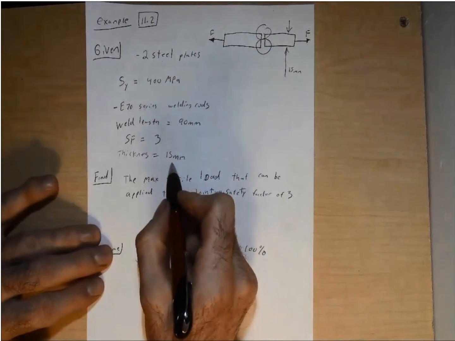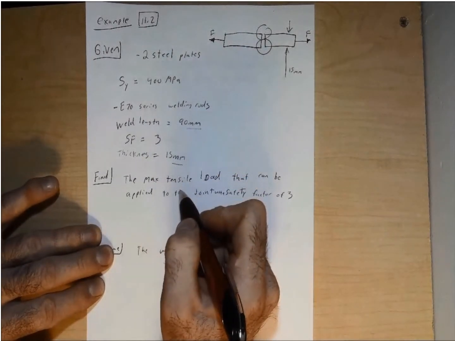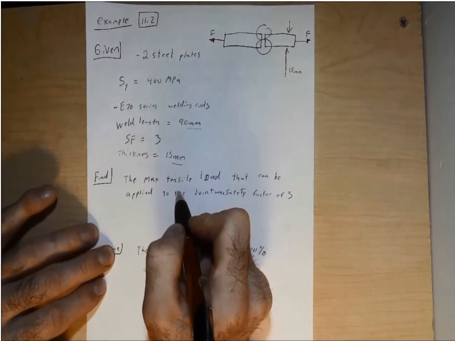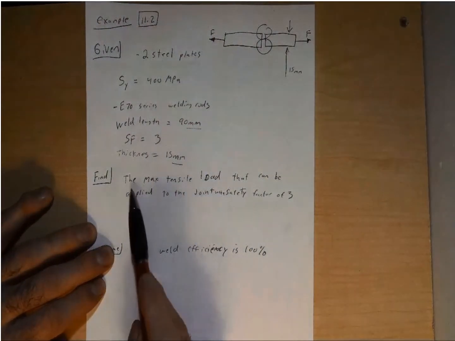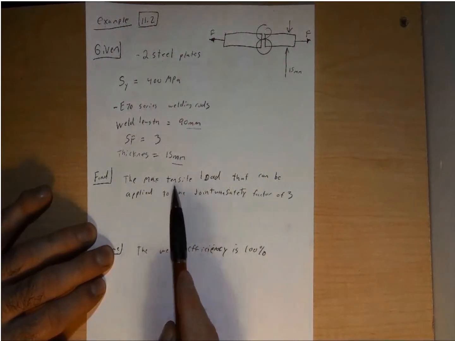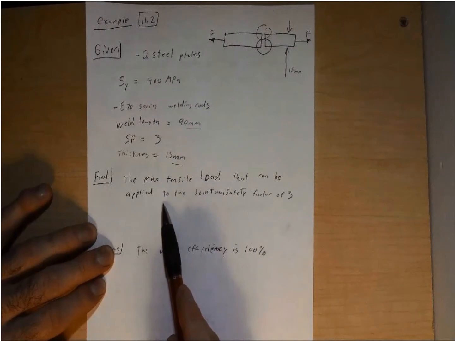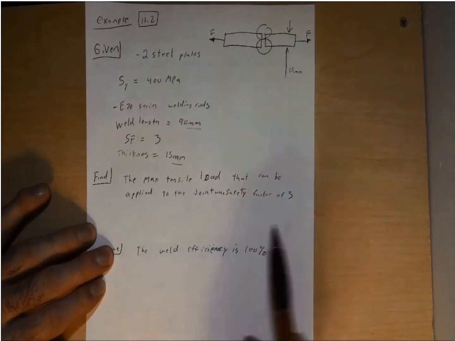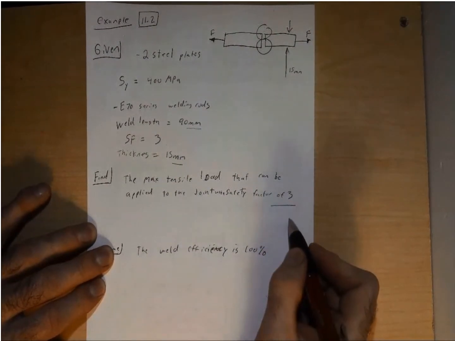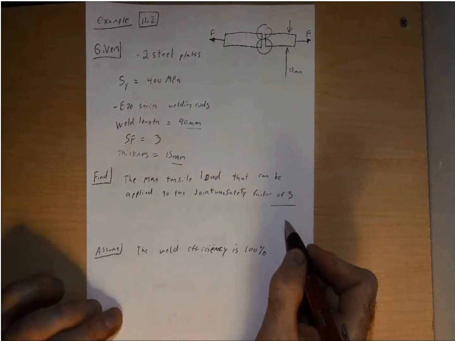Now the thing to think about here is these are in millimeters. We may need to convert these to meters when we go through and solve for a final solution. So they want us to find the max tensile load that can be applied to the joint safely with a safety factor of 3. So we know, again, we have a safety factor of 3 here. And from the problem statement as well,